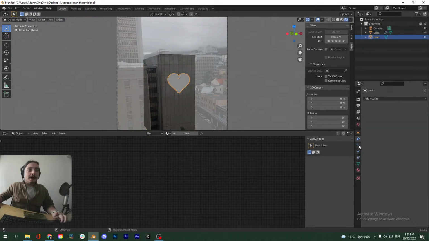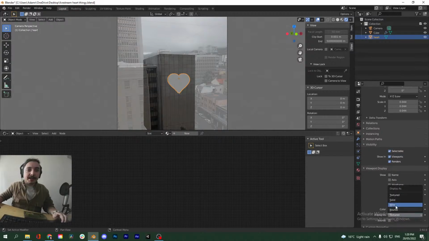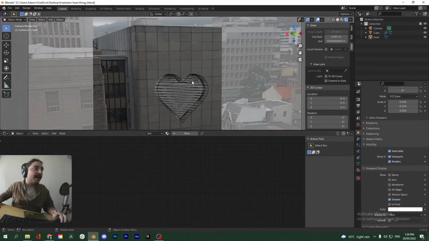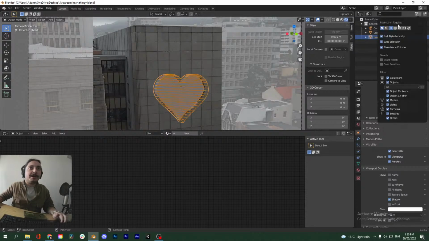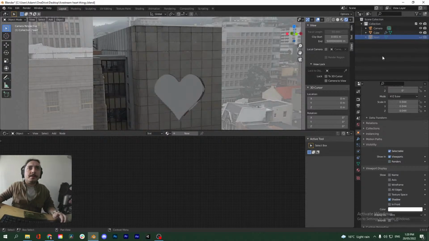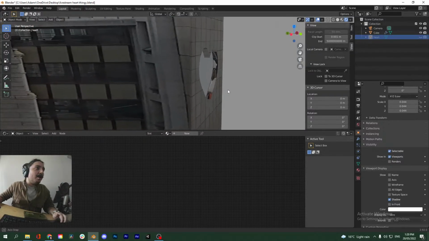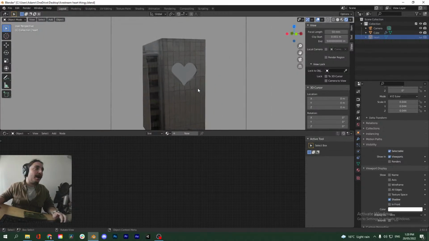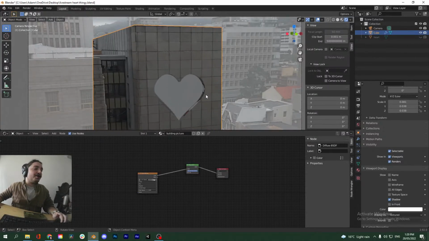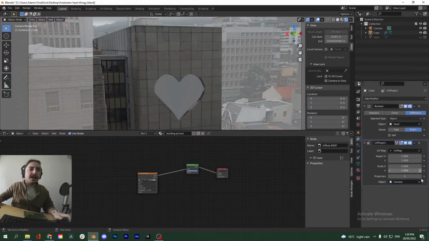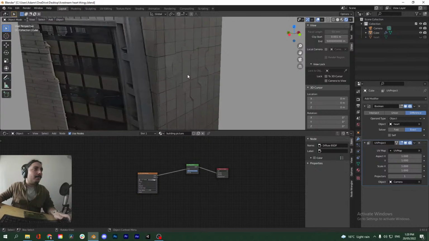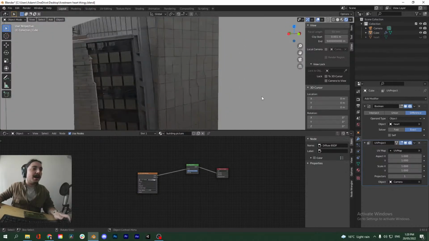And now, if all goes according to plan, this should work. If you go into the Object Properties tab and set this to wire, you can see that we have a sort of engraved effect. And actually we can disable this heart, and you can see it's all engraved there. So this is just one example of what you can use this for. Obviously, you'd want to go back and neaten this up a little bit, because you get some stretching and stuff. I wonder if we put the UV project underneath the Boolean. Yeah, so that works a little bit better, but there's some artifacts.